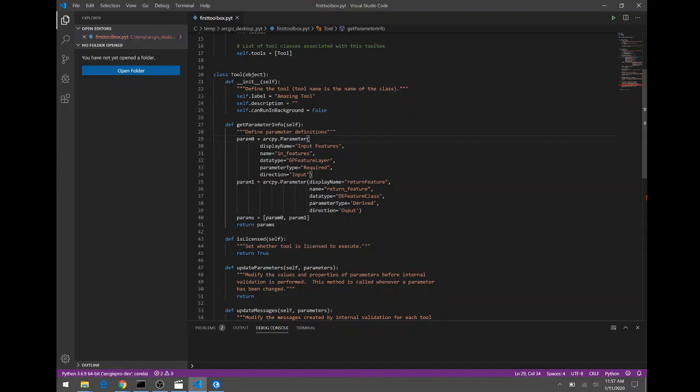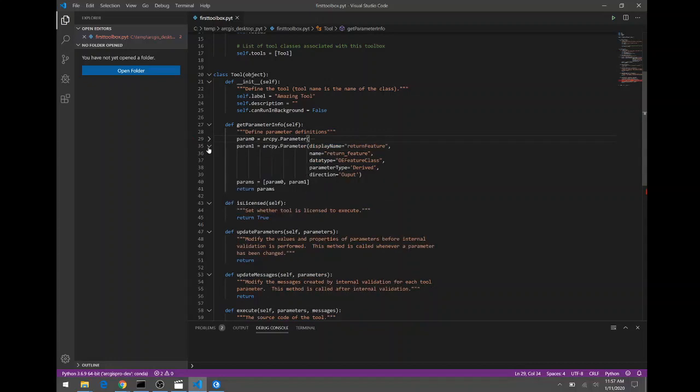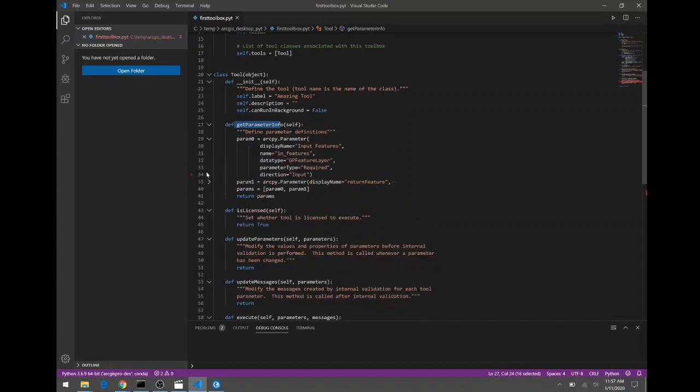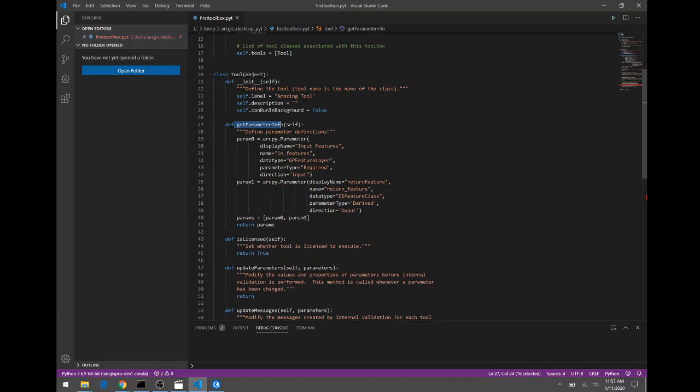Now, in order to define our inputs, we define them under getParameterInfo. This is going to allow us to define our inputs and outputs. In this case, I'm going to define 2 parameters. The first one's an input, and I want it to be a feature class or some type of feature information, vector information. So I do param0 because it's my first parameter,